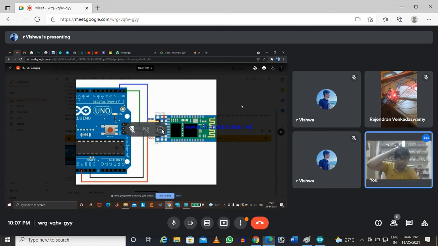Okay, so this is the connection, and you see here is the actual picture of how it was connected.